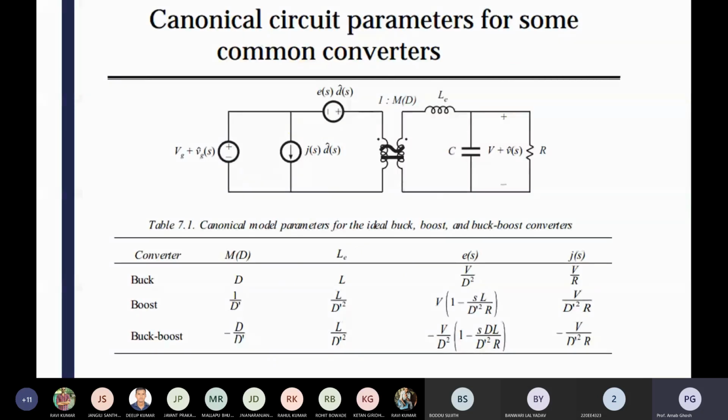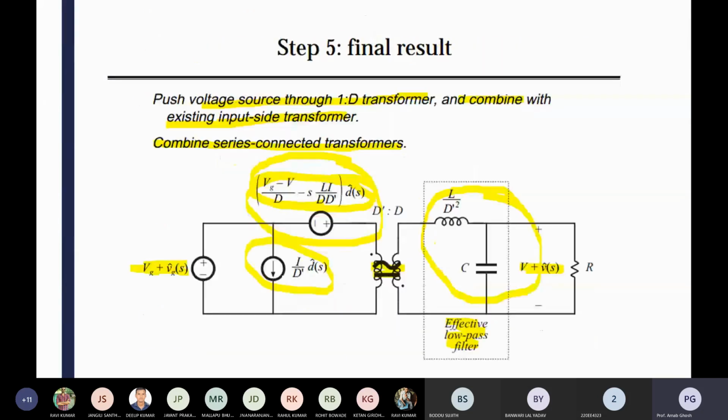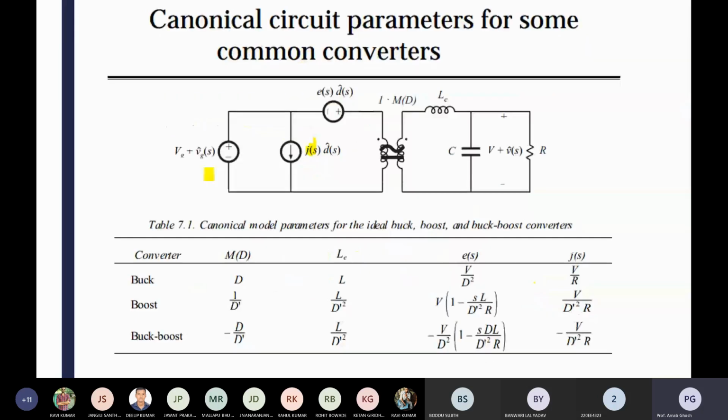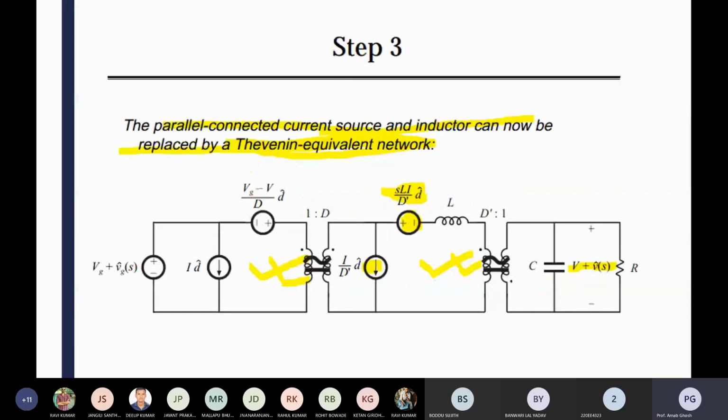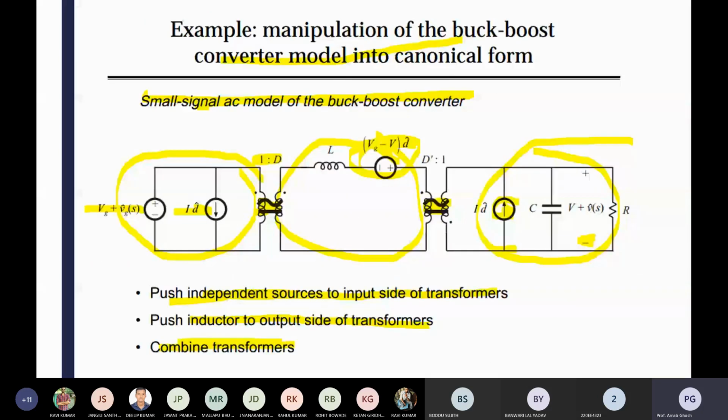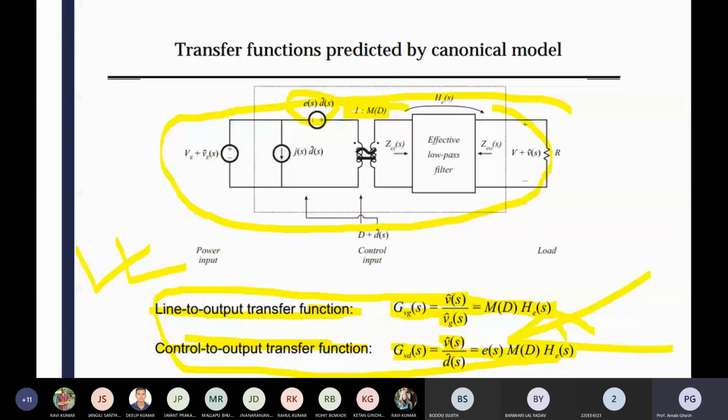Similarly, that JS you have to calculate. What is the value of JS? JS value is I by D dash, capital I by D dash. So Vg plus V cap G, you have to calculate. It is the same, no problem. But in case of the LC filter, L by D dash square and C are both there. So you can compare from this circuit. What is Z0? What is your ZEI? What are your JDIS, JD0S and HES? That you need to calculate.